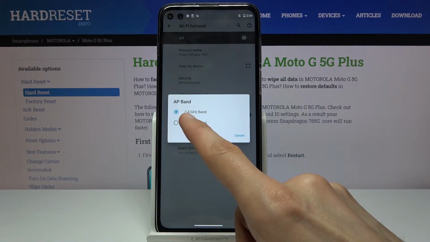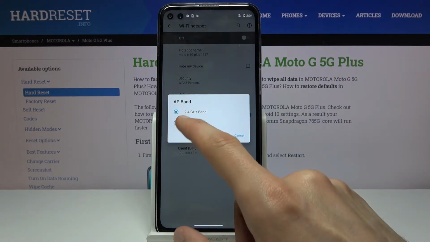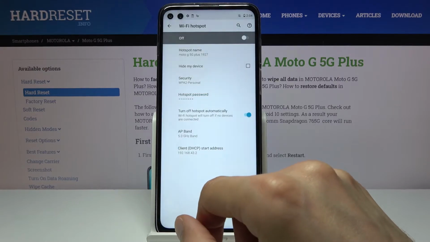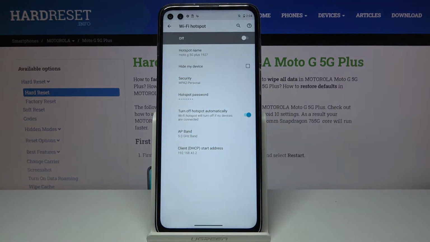By default it's set to 2.4 gigahertz, but you can also change it to 5 gigahertz. Now there's a little caveat to this. 5 gigahertz will be better, faster, but older devices will not support it. So if you have some relatively dated device and you select it to be at 5 gigahertz and you enable